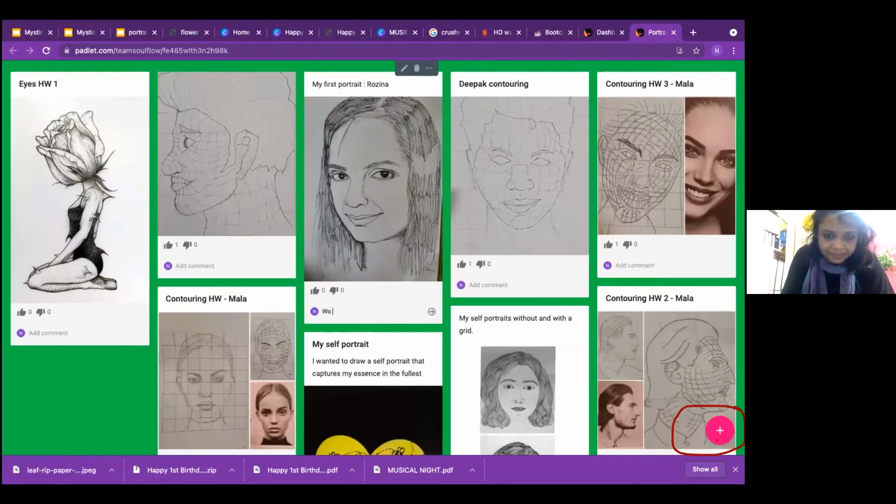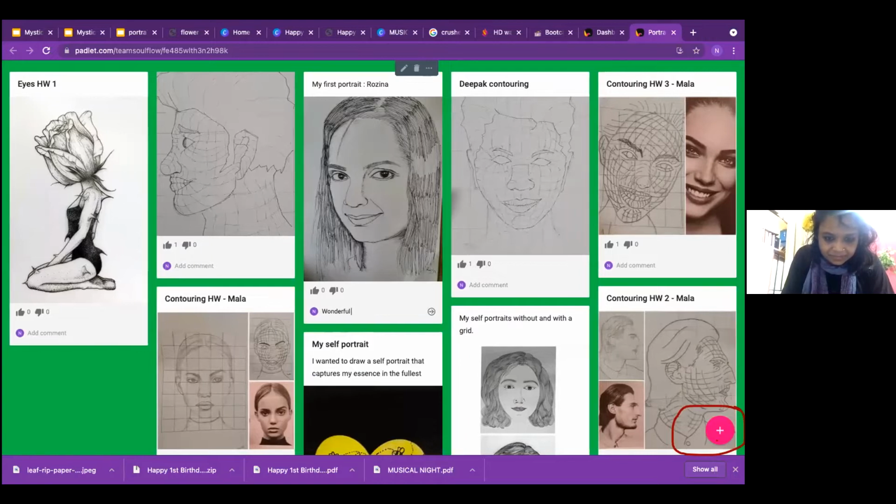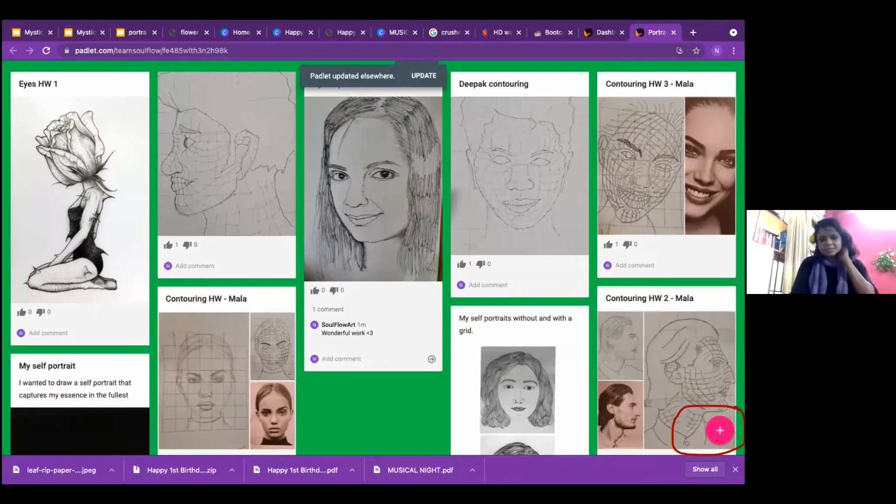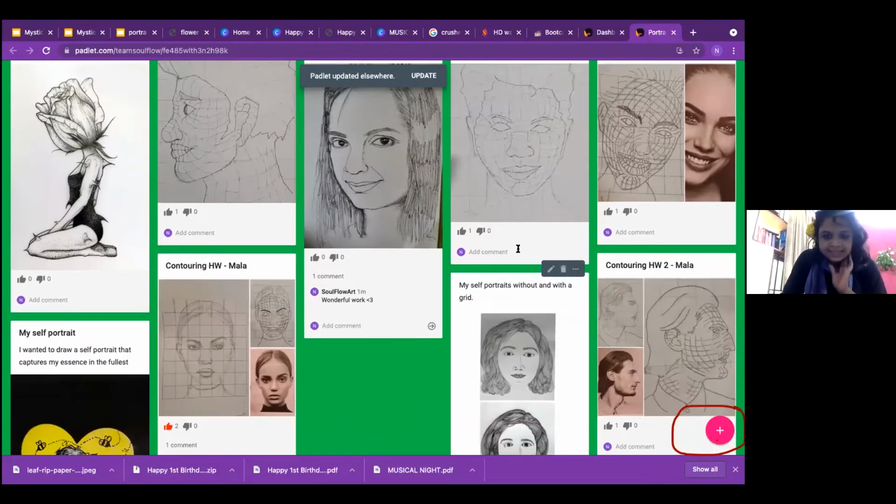Okay. So we don't need to have the app. Now I understood. You don't need the app at all. Just log in from your laptop and do this. Now what will happen is, once I can see all of your paintings together, Niranjan will do the same thing. He will make those same videos, but instead of putting them on WhatsApp, he will put the link here. He will comment with your links here.